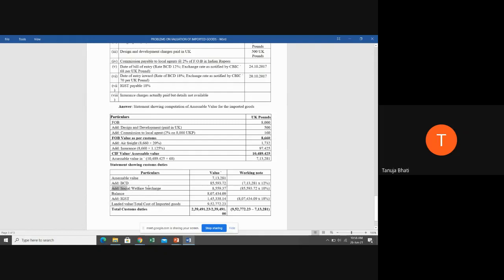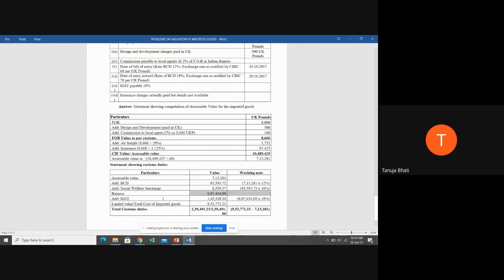To that, we are going to add social welfare surcharge. As Padmaja had already asked me in the previous problem, what should be the percentage? Percentage should be 10%. Generally, it is always 10%. If any information is provided in the problem that social welfare surcharge is exempted or the rate is different, then you consider as per the problem. Otherwise, always take it as 10%. So we have taken 10% of BCD. We got it as 8,559. So when you add up assessable value, BCD, and social welfare charge, you get